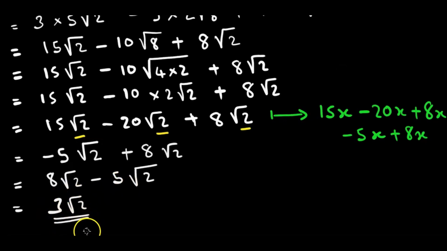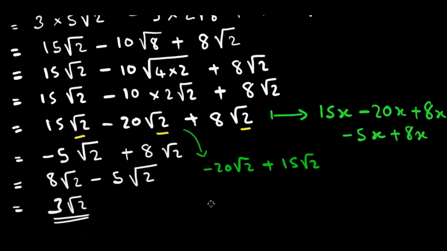This is quite easy as compared to the situation where we started with minus 5 the square root of 2 plus 8 the square root of 2. To know that we have to subtract normally, then take the sign of the bigger number, it's a hassle. Even here, 15 the square root of 2 minus 20 the square root of 2, it makes sense in our brains that our answer should be negative. But if it had been written as minus 20 the square root of 2 plus 15 the square root of 2, it does not click promptly that our answer should be a negative.